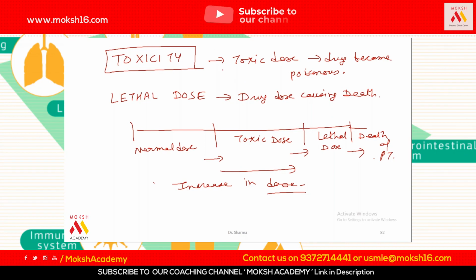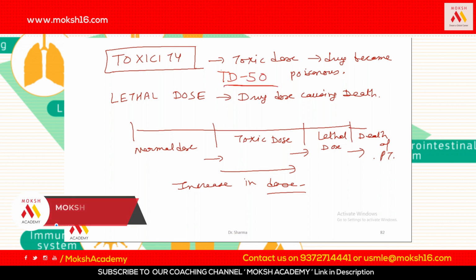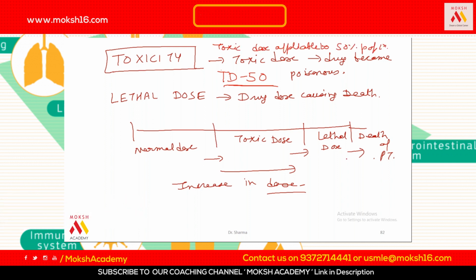So again, we can put it at population level, TD50. Now this concept is clear. I don't need to go into detail to explain it. It's the toxic dose for 50% of the population. Maybe there may be no toxicity to me at this dose, or maybe I may die at this dose. We are not talking of individual variation, we are talking